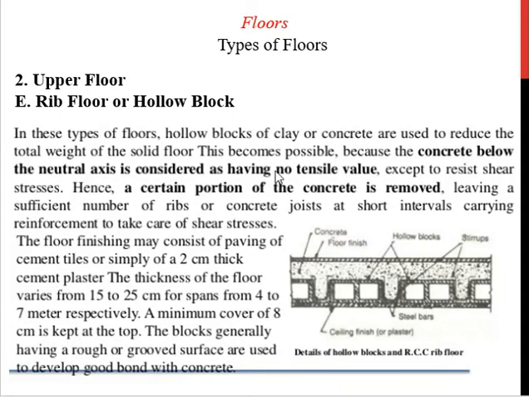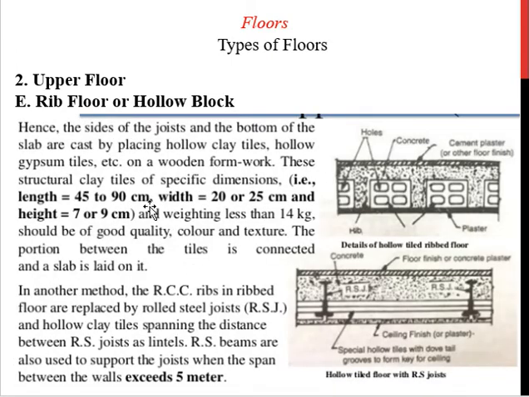Since below this neutral axis there is no tension value except the shear stresses, for that we put in the stirrups. So we can remove a certain portion of the concrete, and that will not affect the stability of the concrete at all. In doing so, certain types of blocks and structures are created that reduce the amount of concrete we use, compared to construction without the hollow. So these are the hollow constructions that you can see over here,